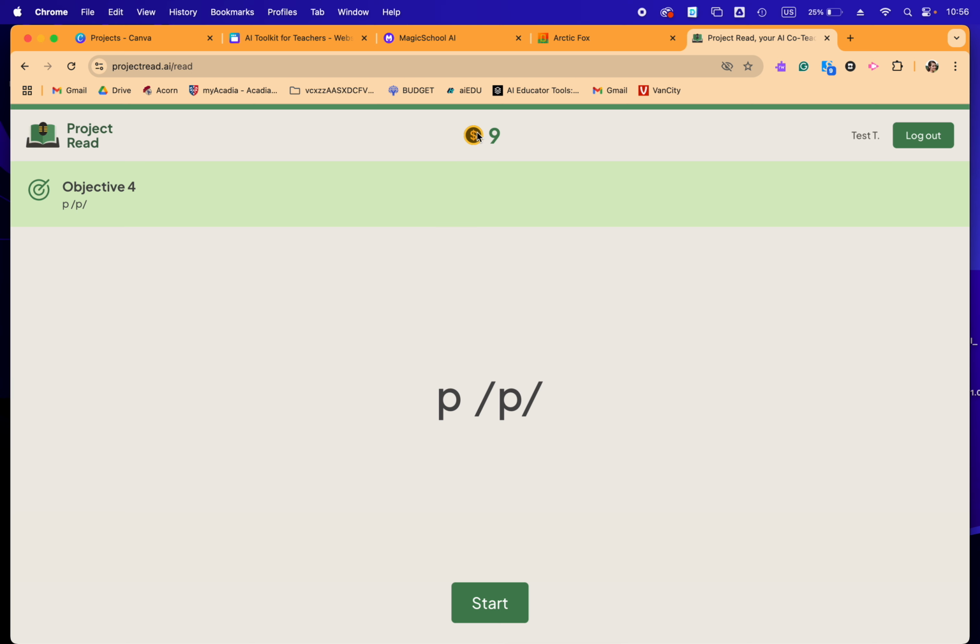When you get it correct, you get money at the top, which is always motivating for kids to get some sort of prize. This would be connected to the lessons in the UFly. So this could be like an independent station for a kid that's practicing certain objectives. I assume